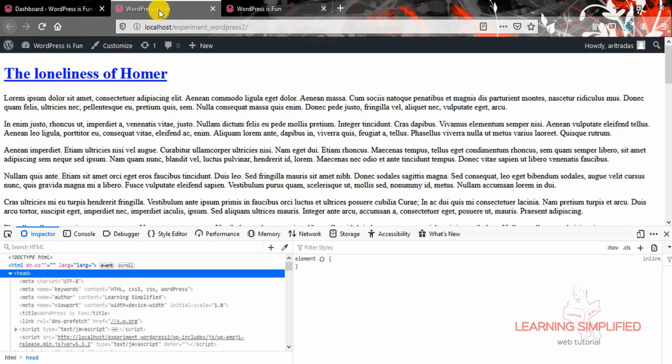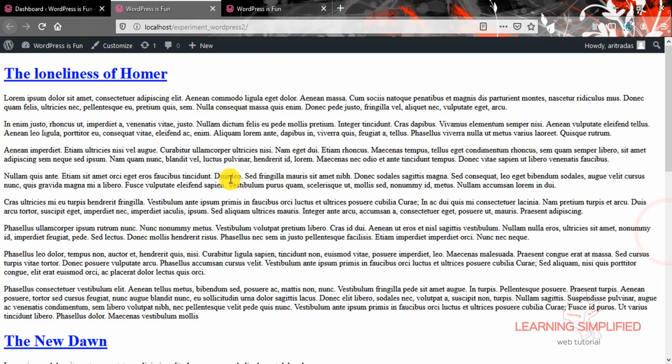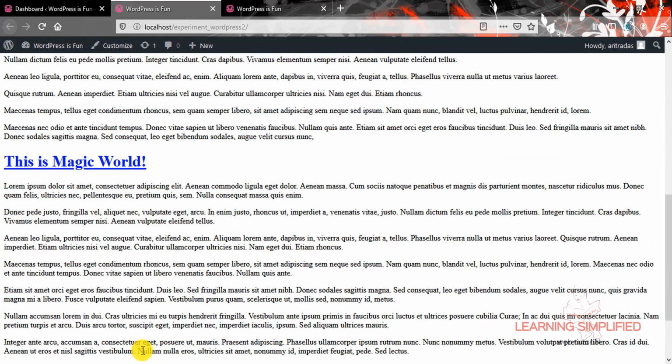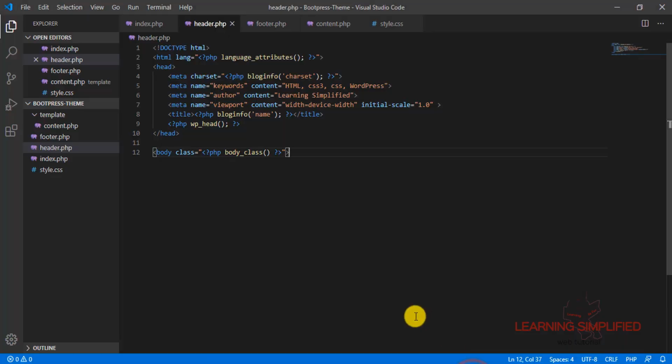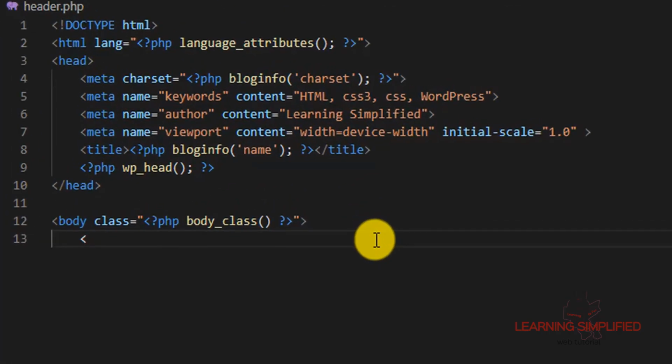Now to make it prominent, let's suppose that we want to display the title of this site in the header section along with the description of that particular web page, and the same thing will occur in the footer part. There will be a display of the site title. So in order to do that, first of all, let's get back to header.php, and here